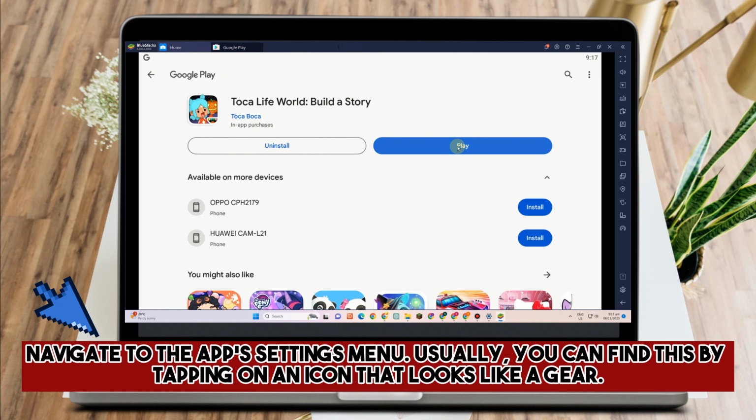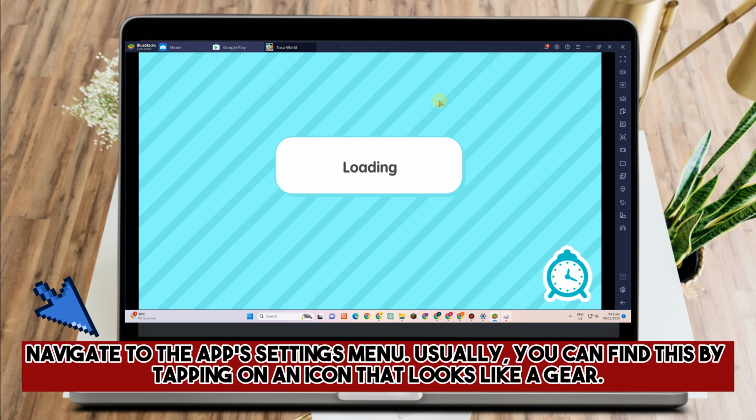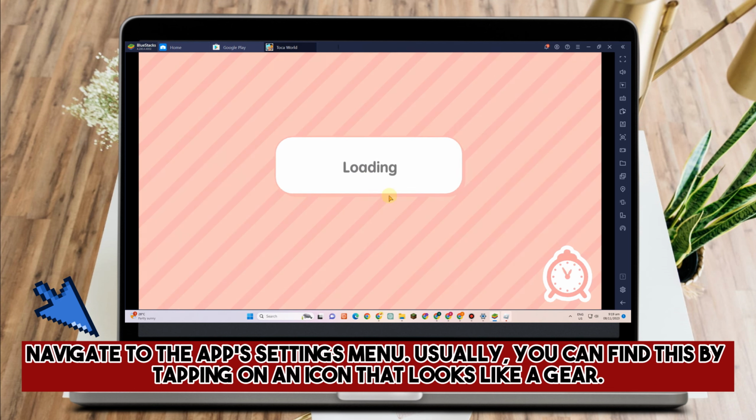How to restore purchases on Toca World. So first, you just have to go to Google Play Store and of course install this game. Now, what you want to do here if you are already using this application and you want to restore purchases